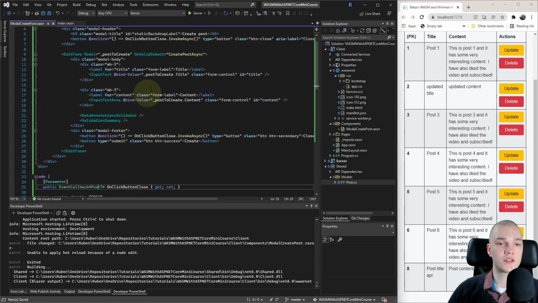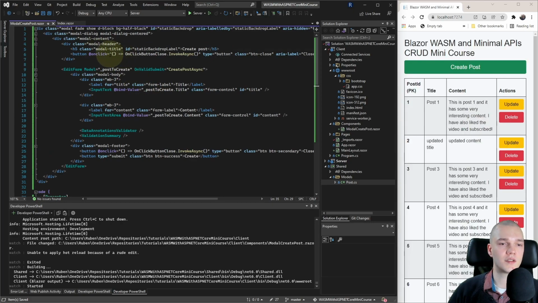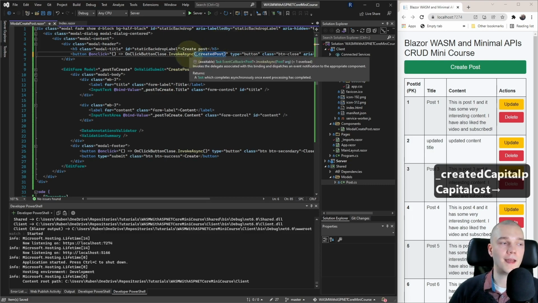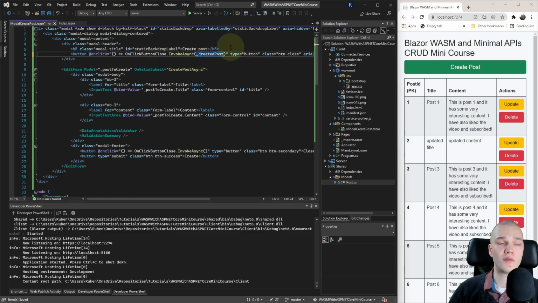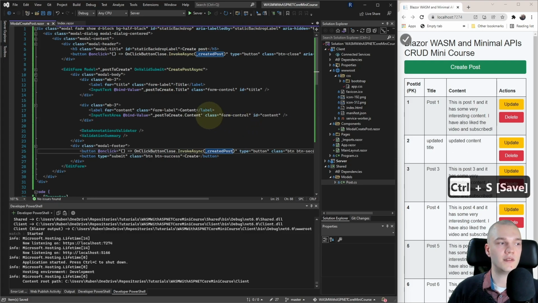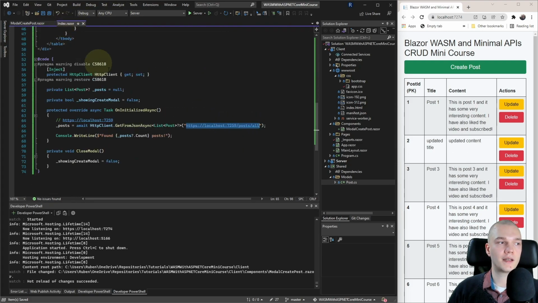So in the first close button, I'll change the onClick. So we'll pass in the _createdPost. And the created post will be null if creation has either not been done or failed. And if it's null, our index component will know not to add it to the list of posts. Right, so I'll do the same for the second close button. So just pass in the _createdPost. Save that.